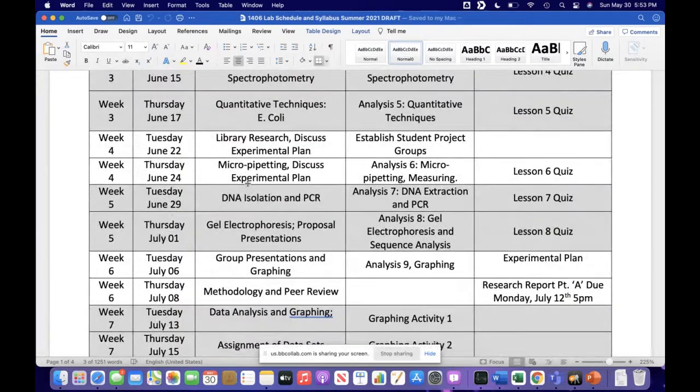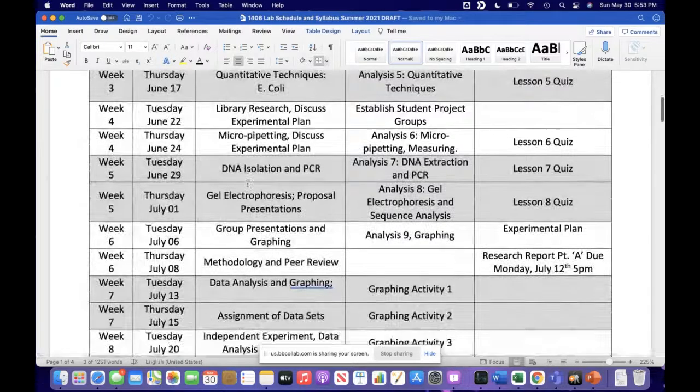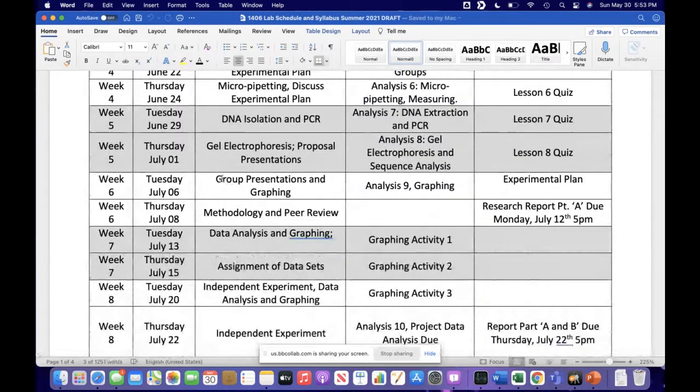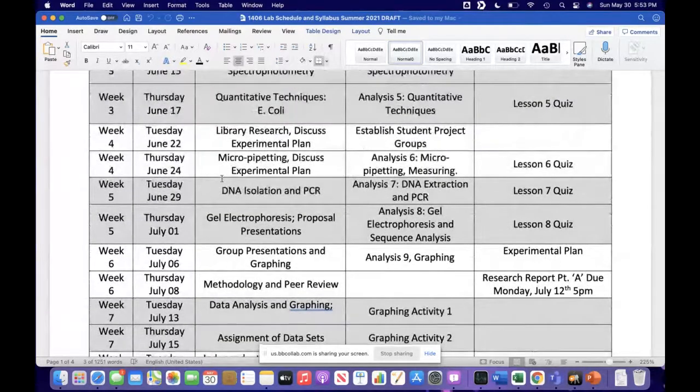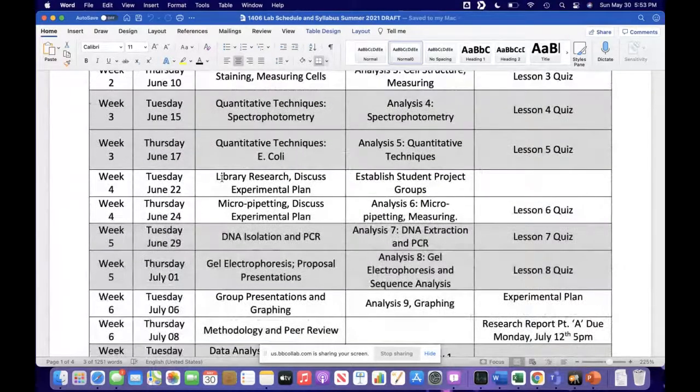So once we get about halfway through all of the labs, we'll start working on our semester-long project. This is going to be based on something similar to what you discussed in your previous labs. This is a cell and molecular lab, so your group project is expected to deal with some aspect of